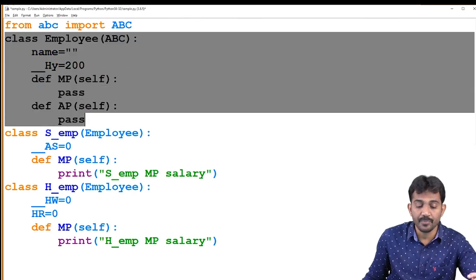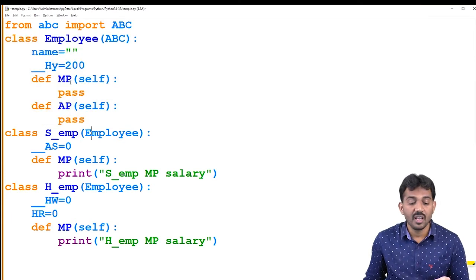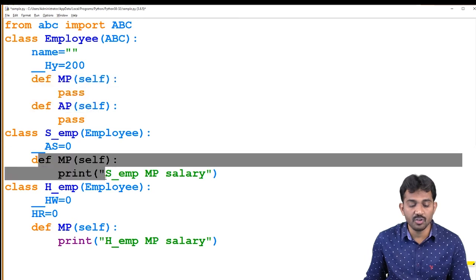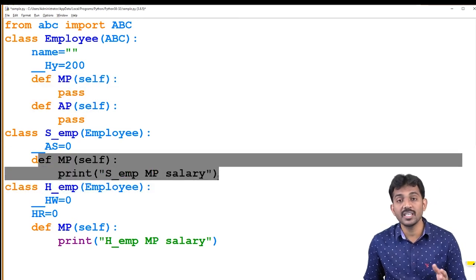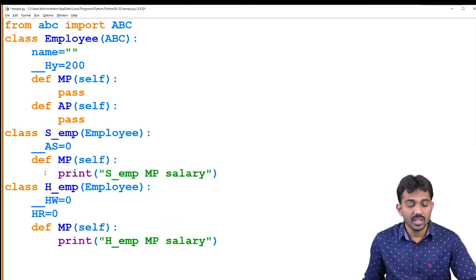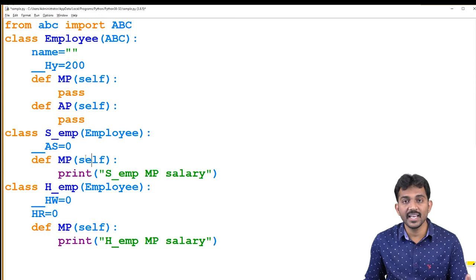See, this one is the encapsulation, right? And here MP is there, right? And this one MP you developed, right? So these two come under method overriding. Method overriding is a polymorphism, right? And hiding of information is called abstraction, right? Entire class is called polymorphism, right? Is this clear?